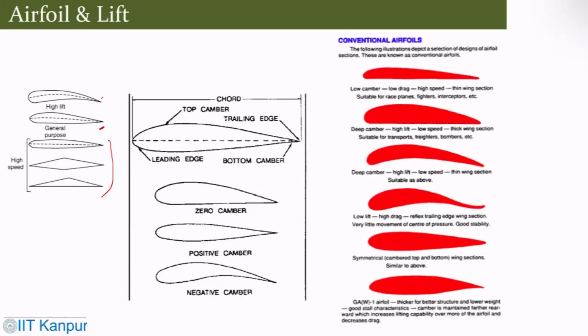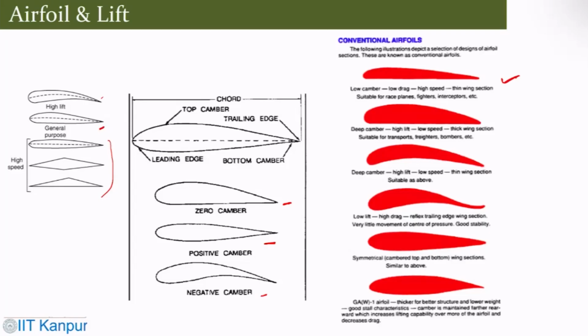encountering high speed. Again, this airfoil, if you see, has zero camber. This one has an upper surface that is more convex. This is negative camber because the lower surface is more convex. So the camber curvature usually dictates positive or negative camber and things like that. Now, conventional airfoils, if you see this particular airfoil, it has some property.